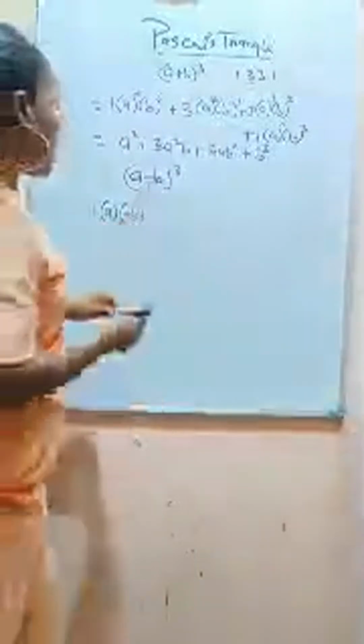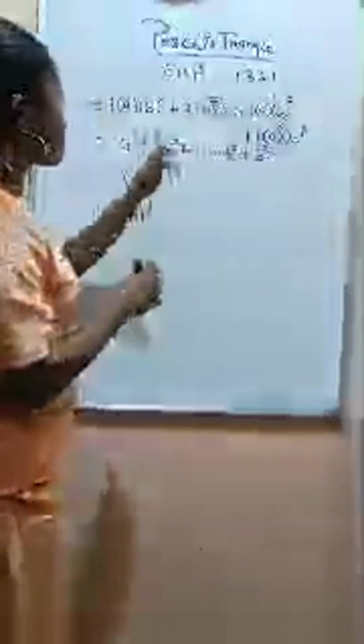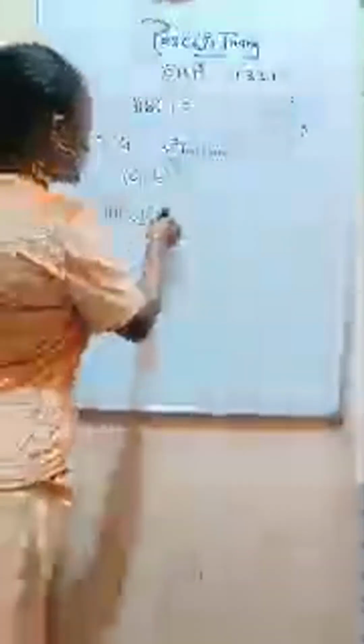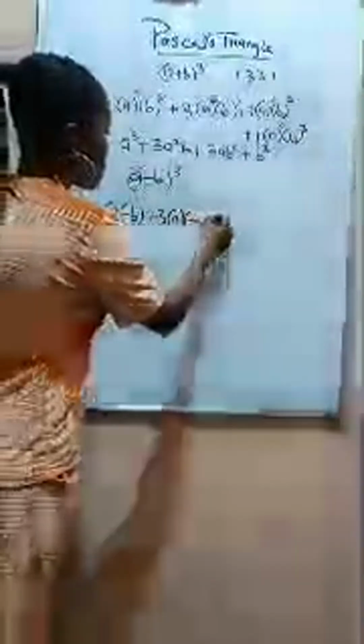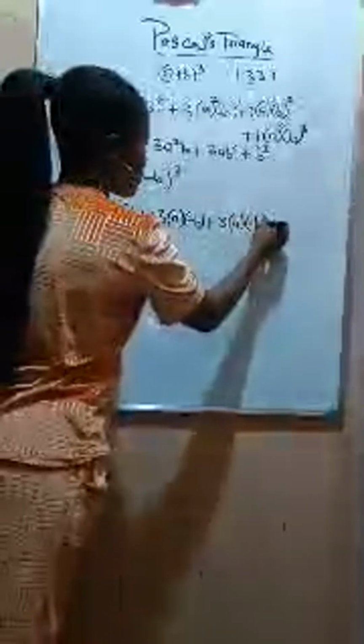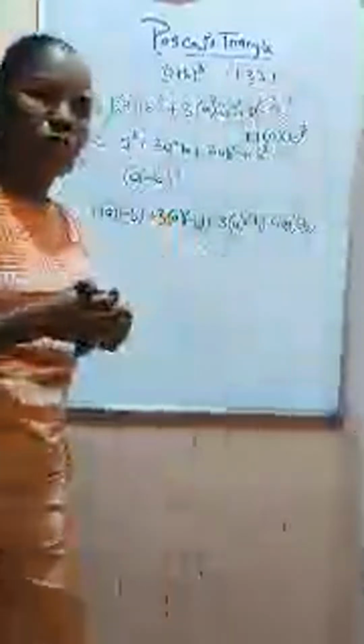All right, then plus, remember that it is 1, 3, 3, 1. So it's going to be plus 3 brackets a brackets minus b. Then plus 3 again, this 3 brackets a brackets minus b. Then plus 1, this one, brackets a brackets minus b. Okay,